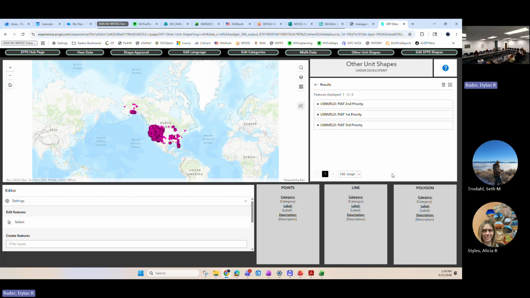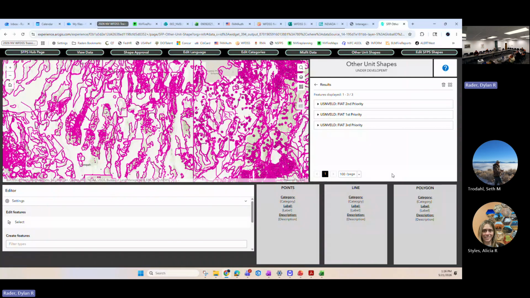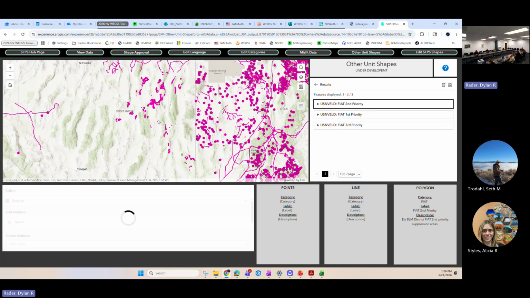See what you guys have in here. So yeah, you got your fiat priorities. Realize that the fiat priorities are not changing. The fiat priorities that were decided under the 2015 Greater Sage Grouse EIS are still our land management direction on those areas. So if you wanted to keep them in there, you could, but realize that these polygons are probably